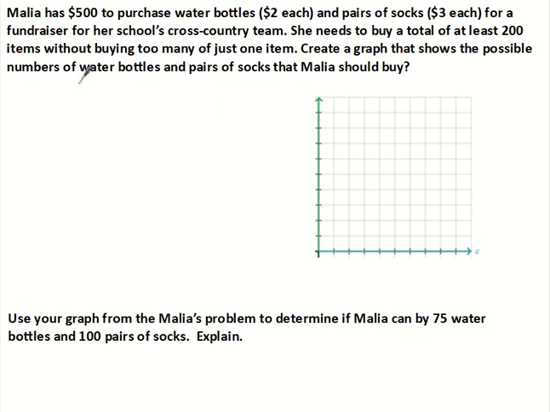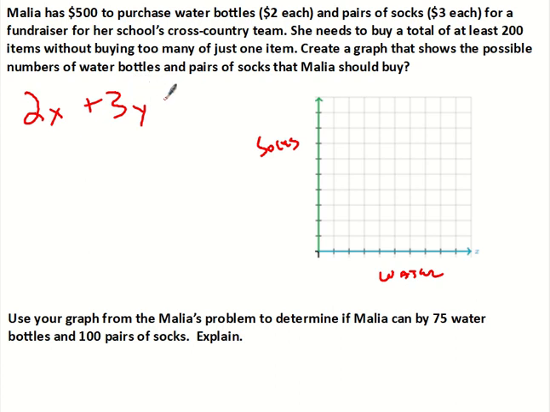So Malia has $500 to purchase water bottles, $2 each. So $2 for water bottles, we'll use X for water bottles, and $3 for pairs of socks. We'll use Y for socks. So here's socks, and then here's water. Okay. Now, what I want to know is,